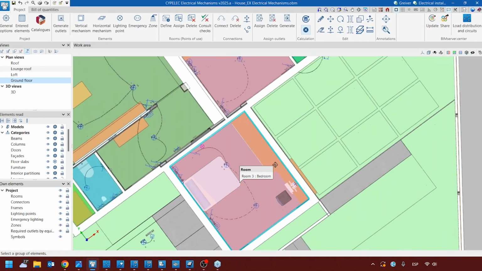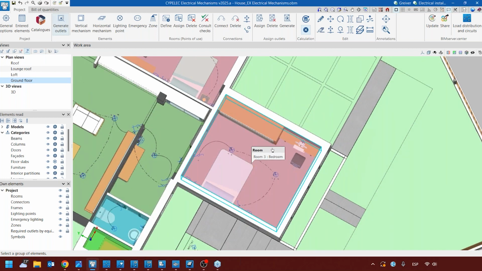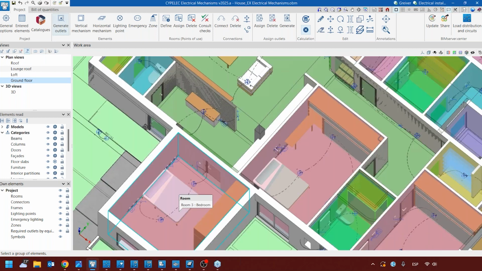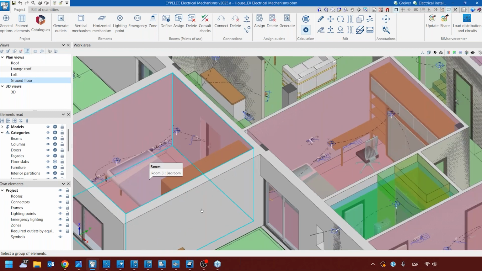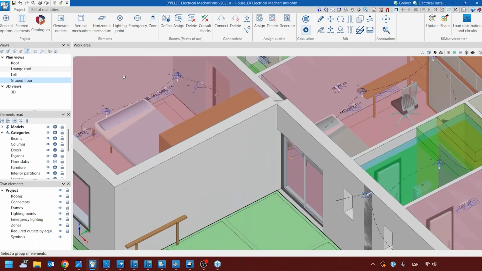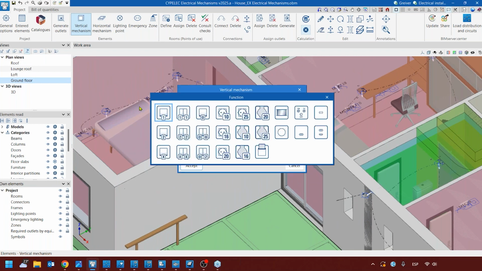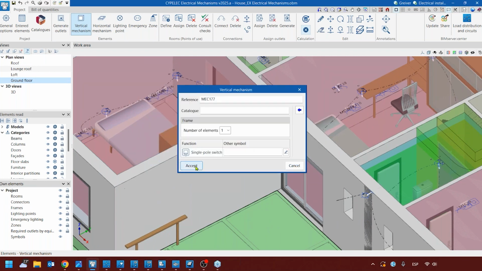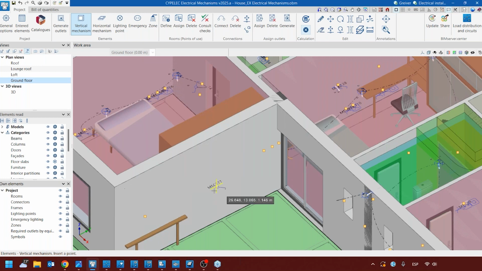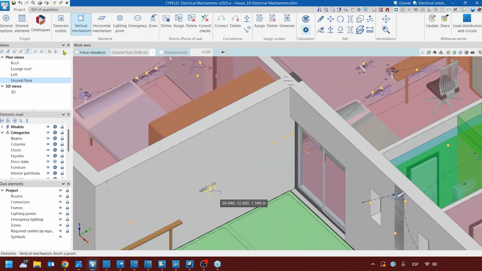One more thing that we can see here is that I'm going to insert a couple of electrical outlets, for example, so you guys can see how easy it is to work with this software. For example, I'm going to insert a switch, and when I select the switch here, I'm going to have an option where I'm going to be able to force the elevation, and I can insert it, for example, at an elevation of 1.5,